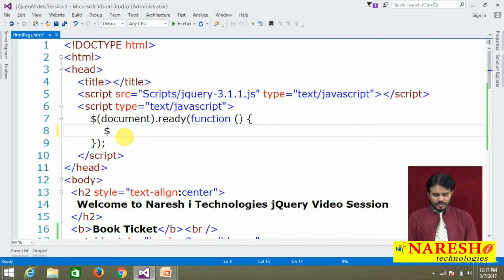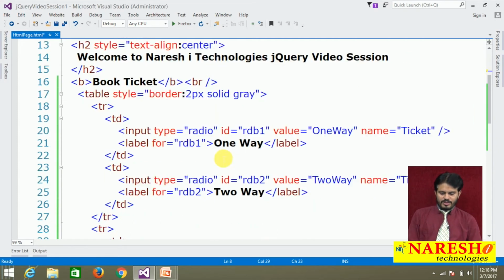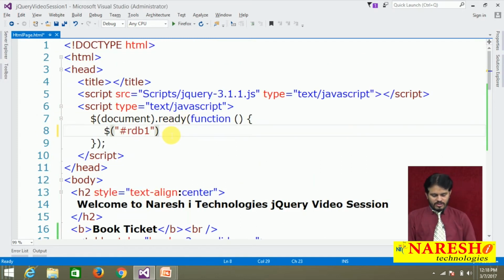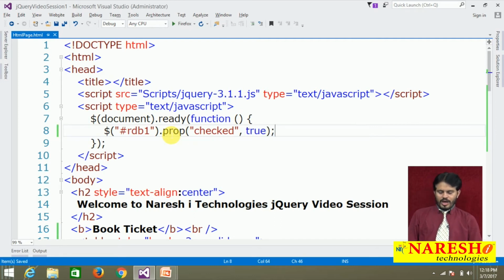So dollar of a particular radio element. What is required? Hash RDB1, this input type radio with ID RDB1. This radio button should appear as checked by default. So dot, there is a method called prop, the property checked, comma, true. So as soon as the document is ready, this radio element is going to be checked by default. And if this is checked, then the return date must be by default